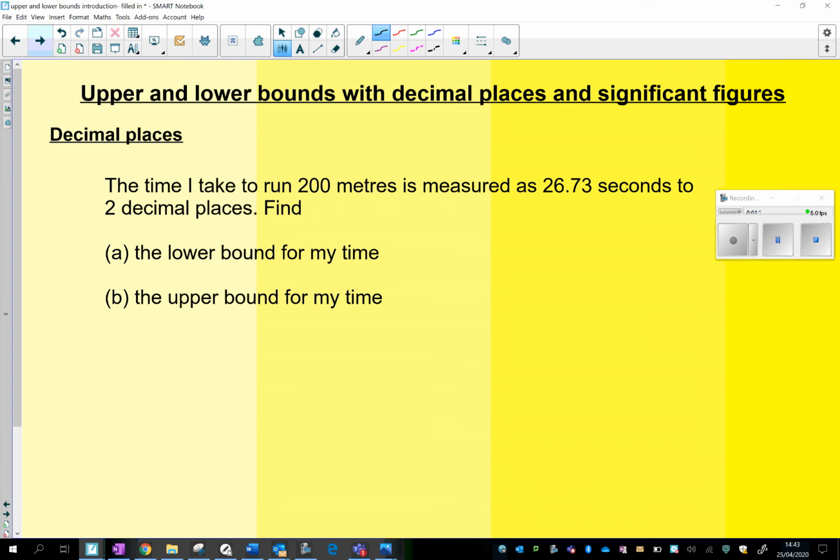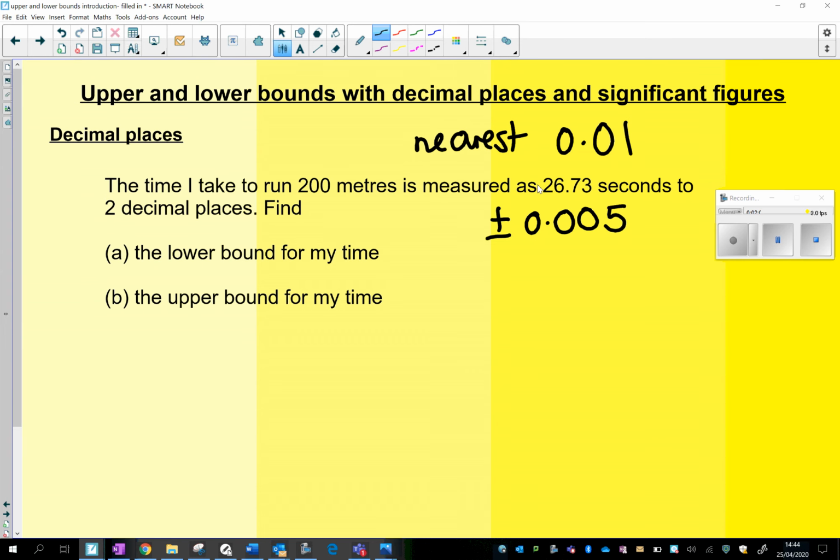Okay, if we go on to another one, again I'm running my 200 meters, but this time my time has been measured to two decimal places, and you can see that because there are two numbers after the decimal point, 26.73 seconds. Well, two decimal places, the second number after the decimal point is the hundredths column, or 0.01. So this time it has been rounded to the nearest, not 0.1 this time, but to the nearest 0.01, or to the nearest hundredth, which means you add and subtract half of that, which is